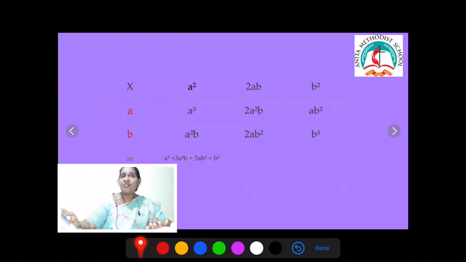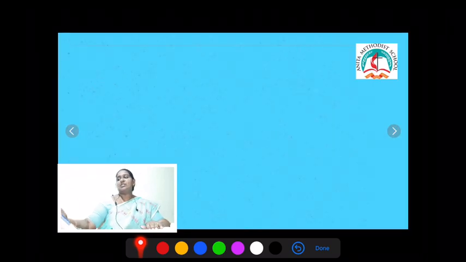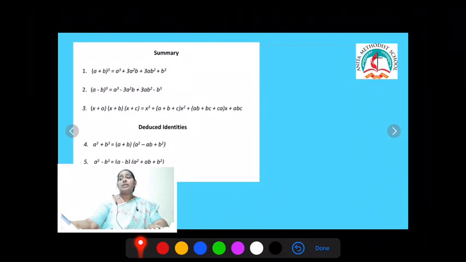Now you know how this is an easy method. I think everyone will follow this. Okay children, then the next one. Same way, all the formulas I have given: a plus b the whole cube formula, a minus b the whole cube formula, and when it is a cuboid, x plus a into x plus b into x plus c, we have this big identity. Okay, just go through this identity, children.